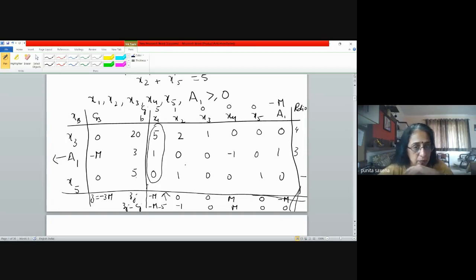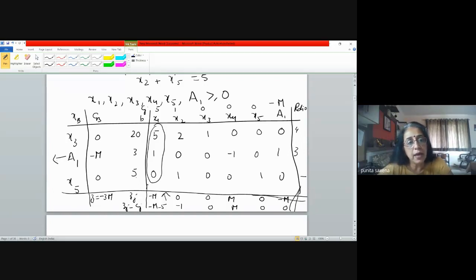If you are trying the problems that I gave you, you can come across situations where at one iteration one of the variables leaves the basis, but after 2-3 iterations it again enters. That is not a problem. That can happen with decision variables, slack variables, and surplus variables also. But this will never happen with artificial variables.